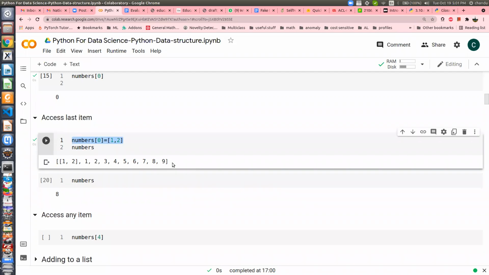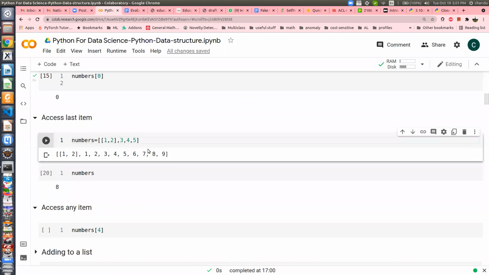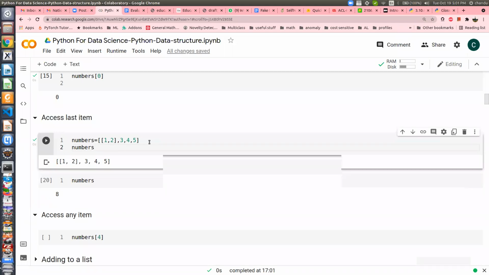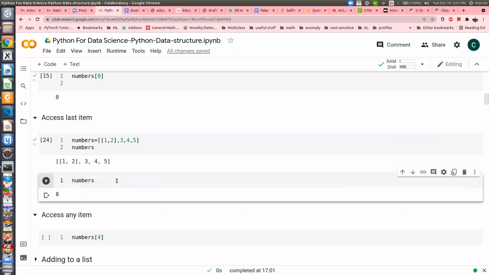You can do that simply, something like 1 and 2 followed by whatever you want to insert, 3, 4, 5 and so on, not an issue. So this is my nested list, numbers.